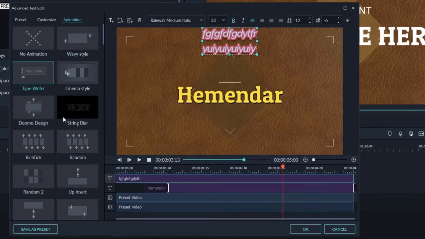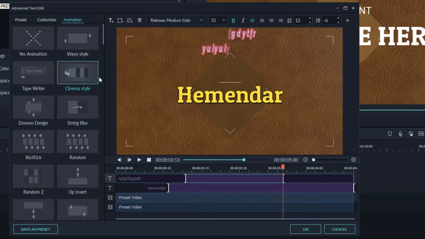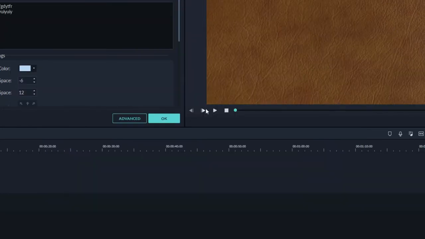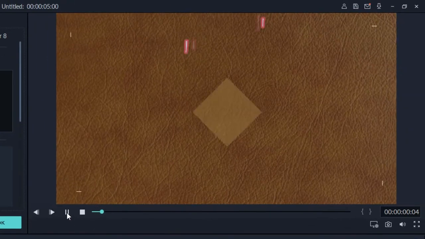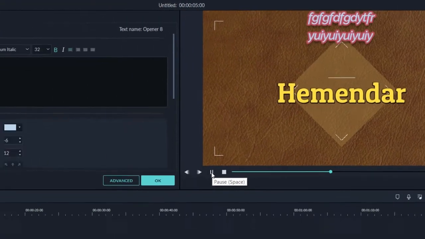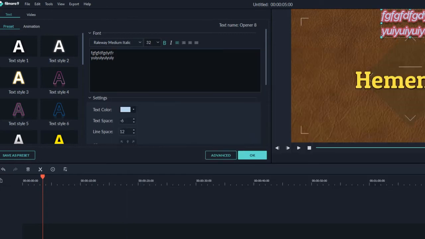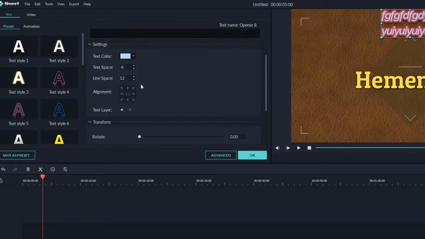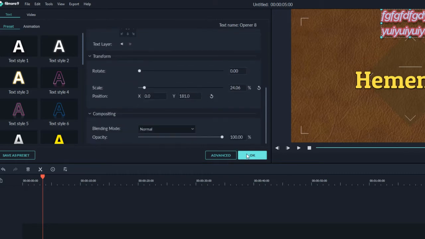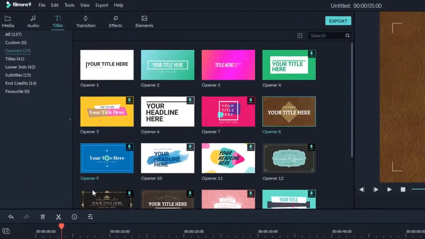You can even select this one and double click it. So I'll just click on OK now. So I'll just play it. So we have seen the advanced options. Nearly the same options are here. You can even select the font from here, size of the font, bold, italic, as well as left align, right align, center, and justify, as well as the text section, text color, text space, etc. So I'll hit OK. So you have seen this text.